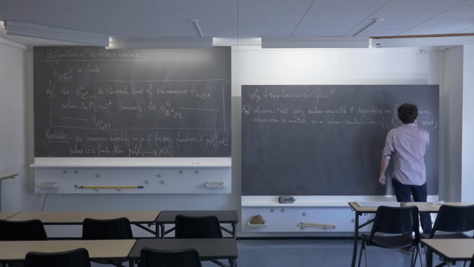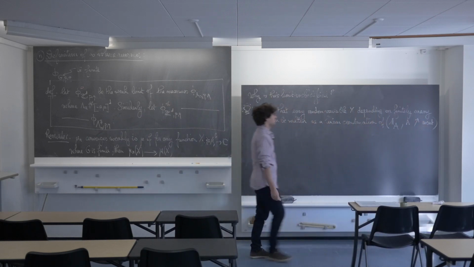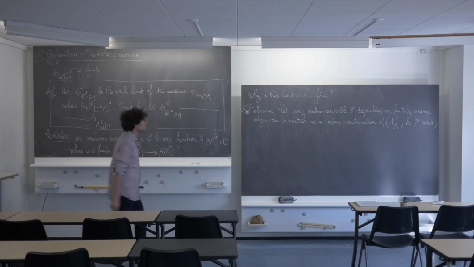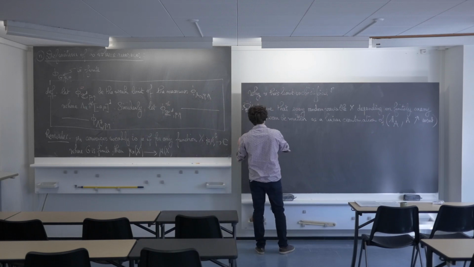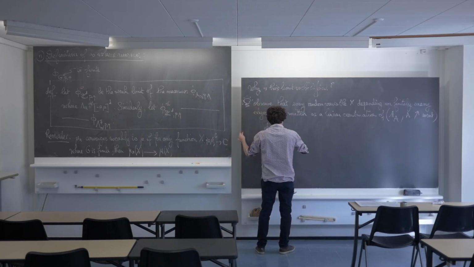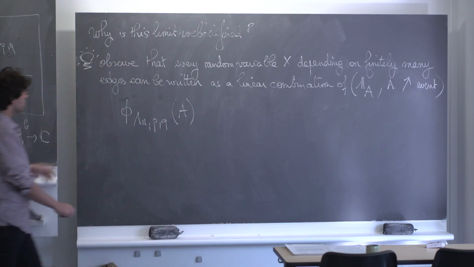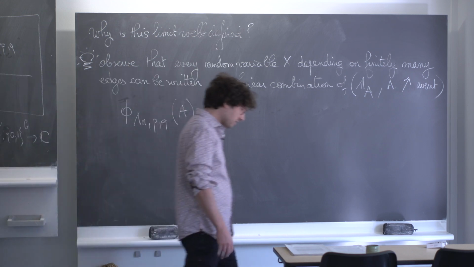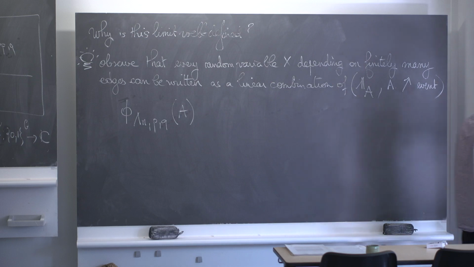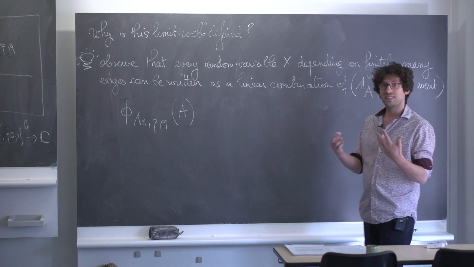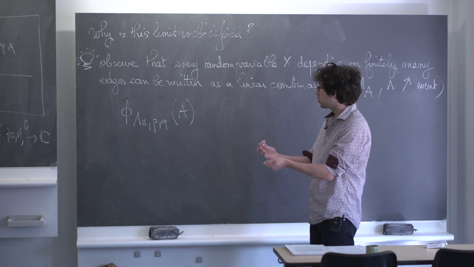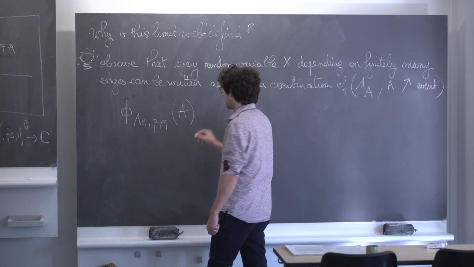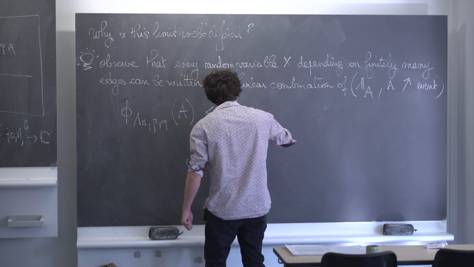So here I should say it's not so clear, so let me write it like that: it's clear that I mean increasing events. Okay, so why is this good? Because if I look at phi lambda n pq of an event A, well, remember that I explained last week, this was maybe the last comment of the class last week, that when n increases, then the measure increases as well. So if I take an increasing event A, phi lambda n pq is smaller or equal to phi lambda n plus 1